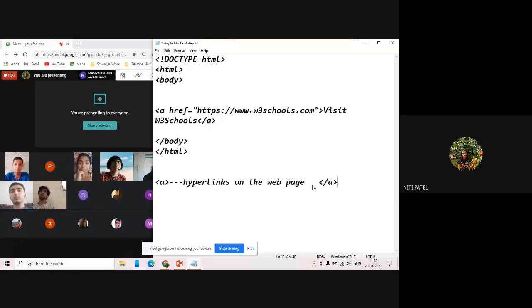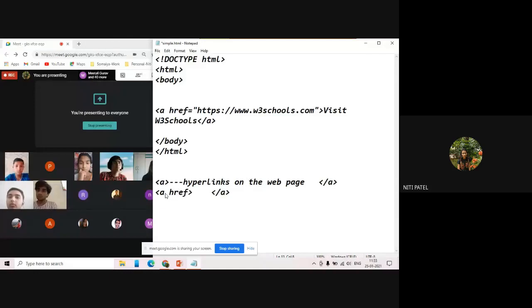Is this clear up till here? So the anchor tag can be started by using a and it can be closed by using backslash a. Now, we have an attribute to this a. This a is the element, the tag, and the tag has an attribute.